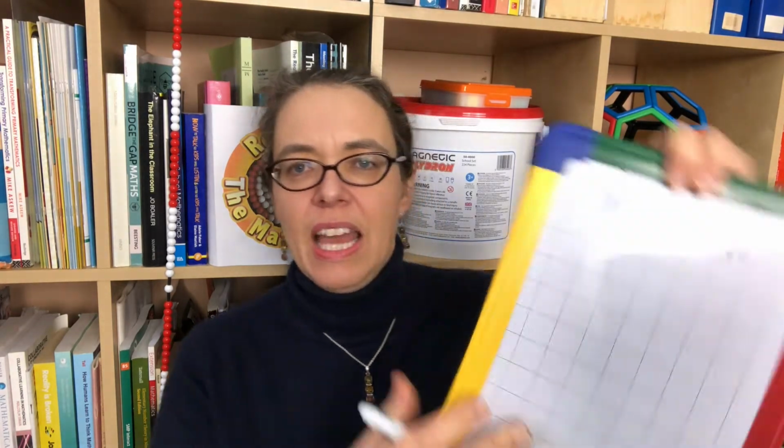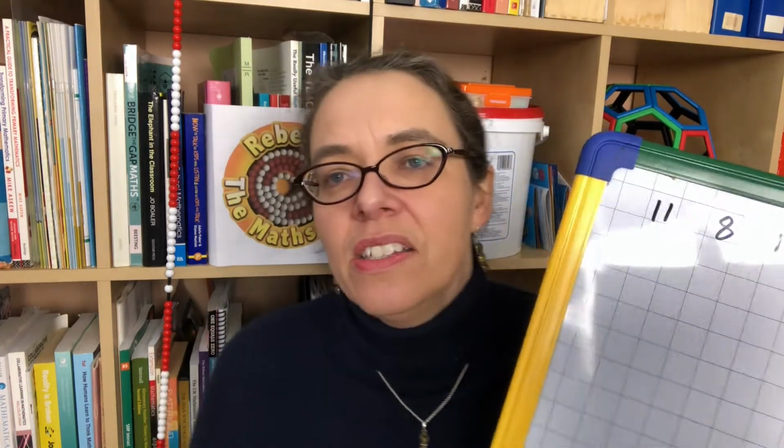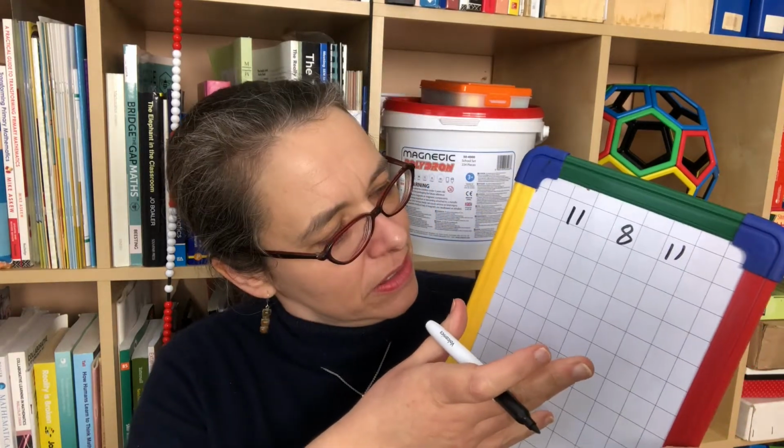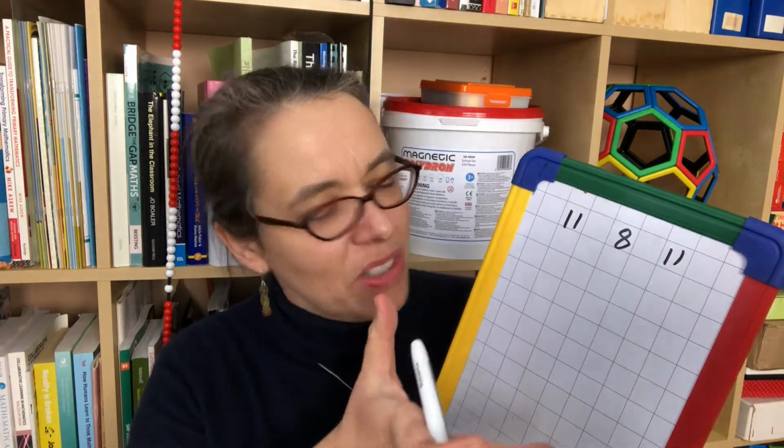So it's good to explore what that might mean in contexts. So let's say 3 friends had some sweets and one person had 11 sweets, another person had 8 sweets, and we'll say there's a third person and they've got 11 sweets as well. So what's the typical number of sweets? Well, you could argue it's 11 because that's the most common number, and there is a justification for that, and